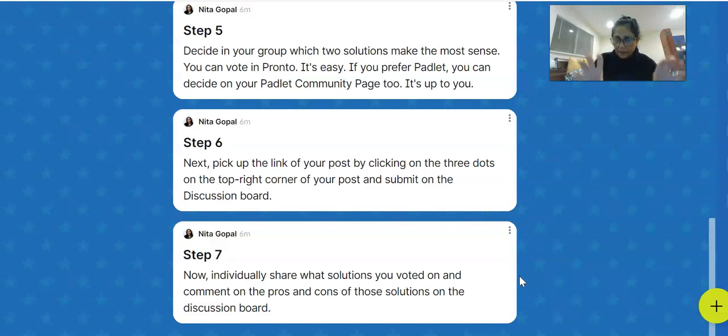So that would be common, right? Each one of you would be posting pretty much the same thing because that's what you picked as a group. But then you're going to have your own individual opinions on those 2 solutions. So it's important to post the pros and cons. That is what you think are the pros and cons of those 2 solutions. And then you will reply to each other on your Canvas discussion board. This will do it. That's all.